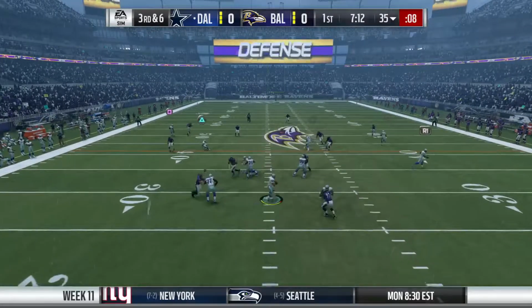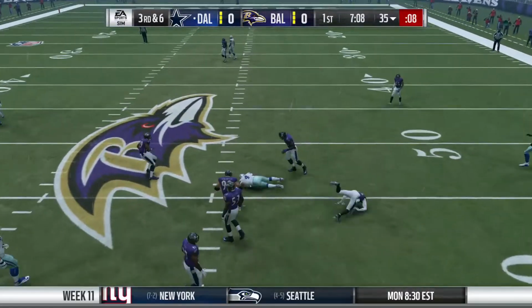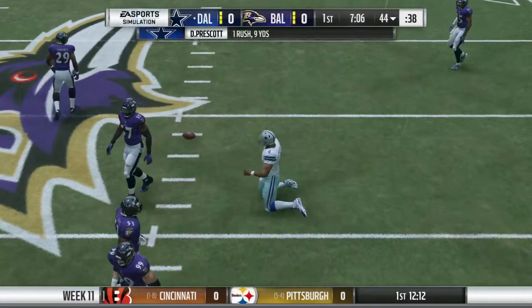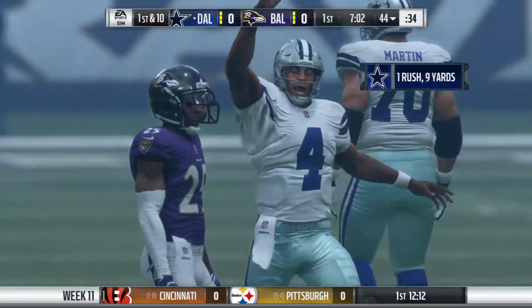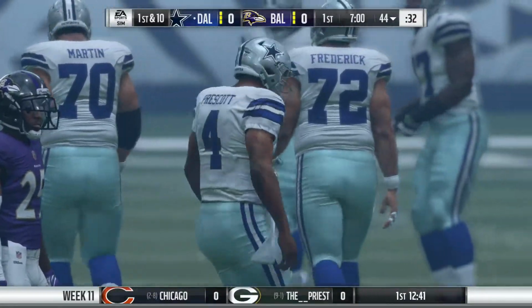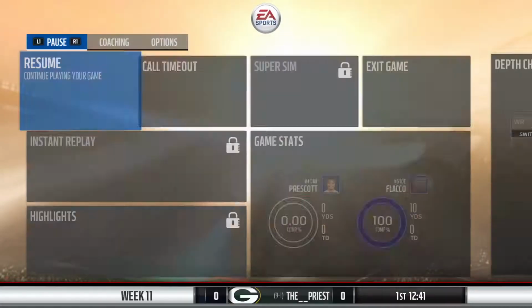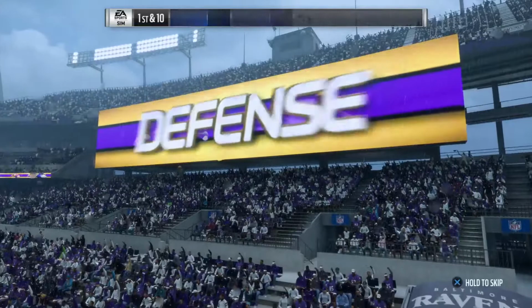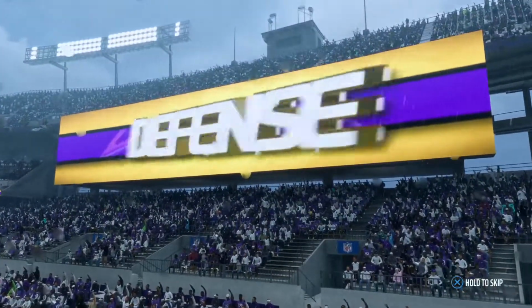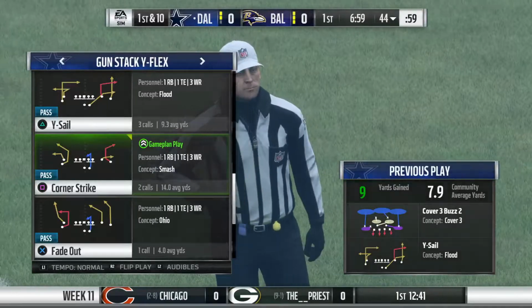On 3rd down, it's Prescott. Flushed out right. And an alley to run. A good decision in the end to pull it and run. Gets him 9 yards and a 1st. How many times do we hear that 3rd down may be the most important down in football, and there's no better example than what we just saw right there. Forced to scramble, knows where the 1st down marker is. After review of the play,